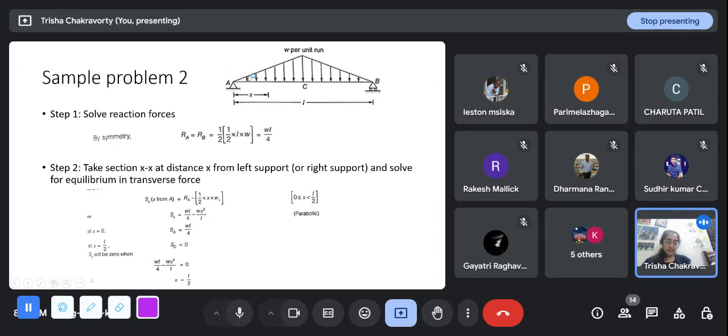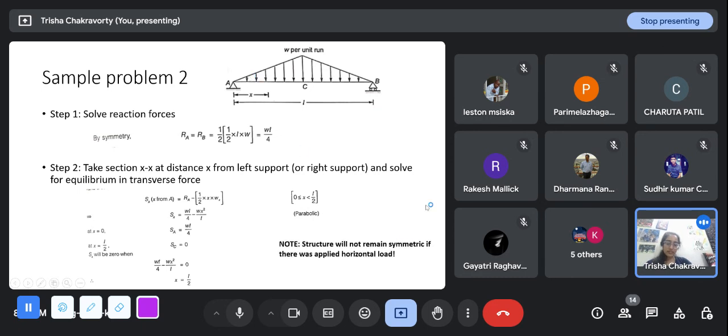So the area of the triangle up to x will be half into x into this, and this I'm going to find out by the law of similarity of triangles. So if at L this is w, at x this will be x by L into w. So look at this, Sx is RA, which is WL by 4, minus w x square by L. Now at x equal to 0, I will get this WL by 4. At x equal to L by 2, at this point I'm getting Sx equal to 0, and so Sx will be 0 when x equal to L by 2, and then